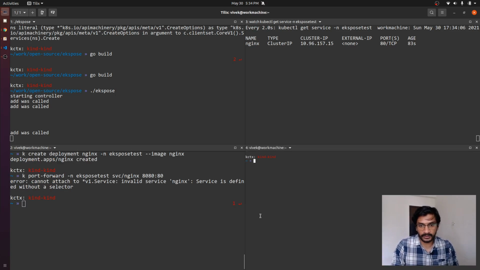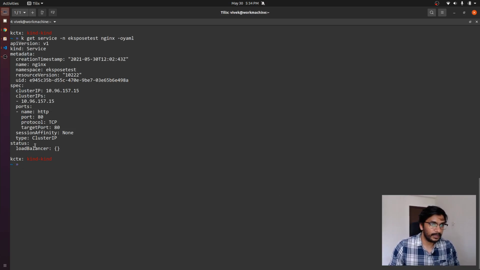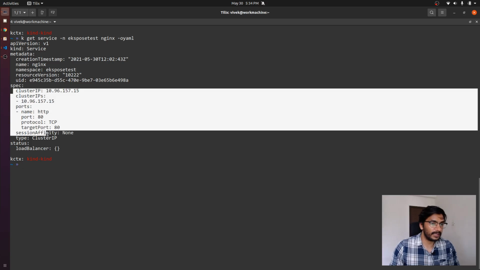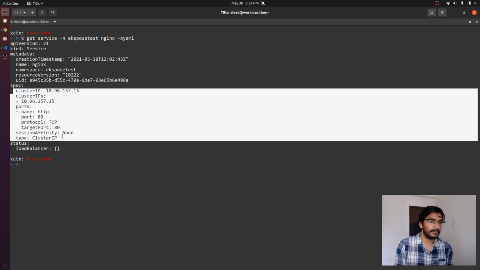So let's go ahead and have a look at the service and how it looks right now. kubectl get service from the expose test namespace, nginx -o yaml, and if you see here in spec, we are not specifying any selector, and using a selector we specify which particular pods this service should forward the request to,